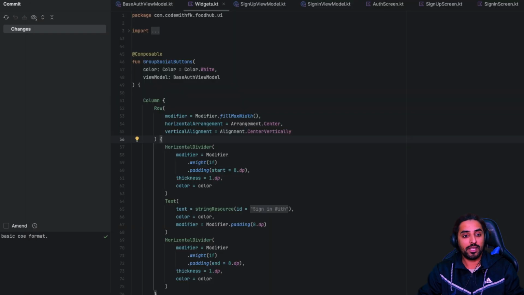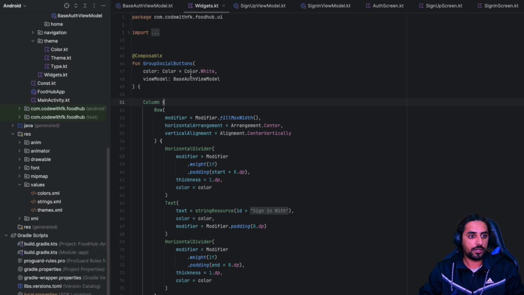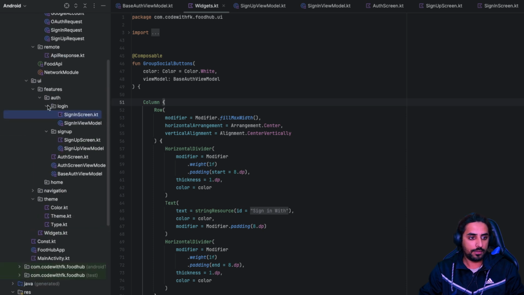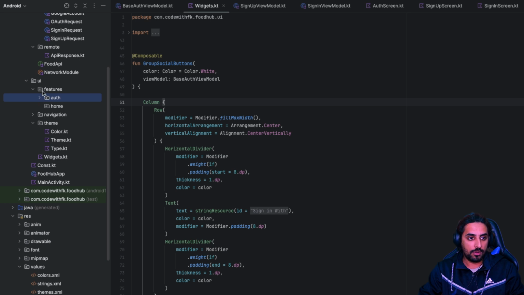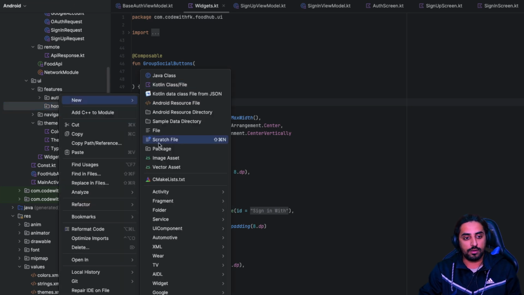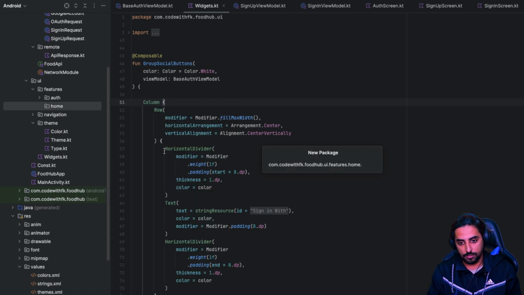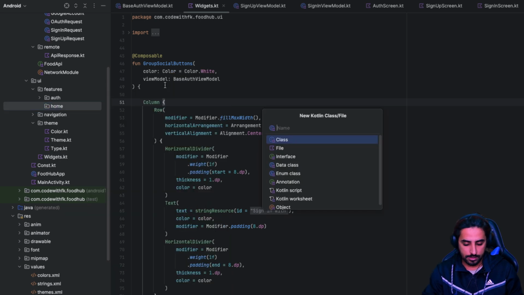So the first thing that I need is that I need to gather some sort of data. Get over here and let's just get to the code. And now we have these authentication flows that are there. And along with the authentication flow, what we need to do is get over here into this home screen and then create a package. And inside home, let's call this, sorry, not a package. Let's create a new Kotlin class and call it a